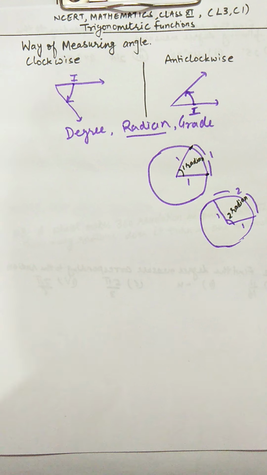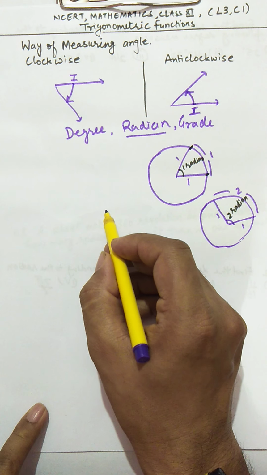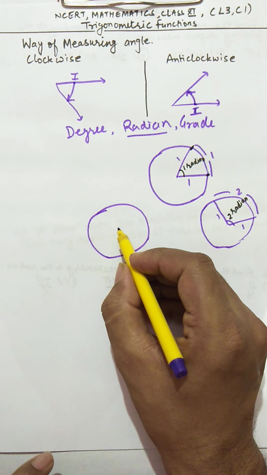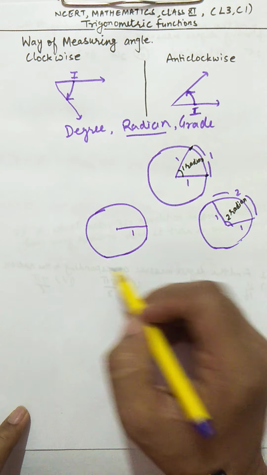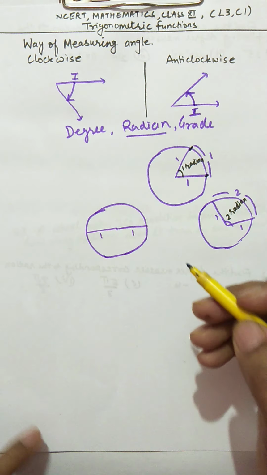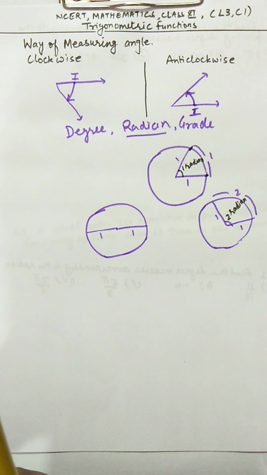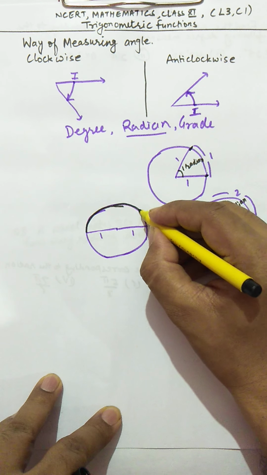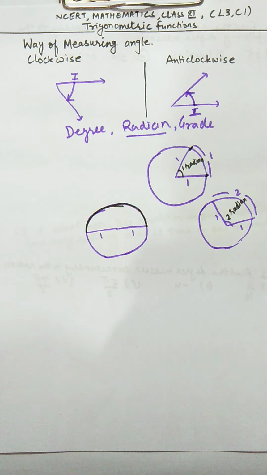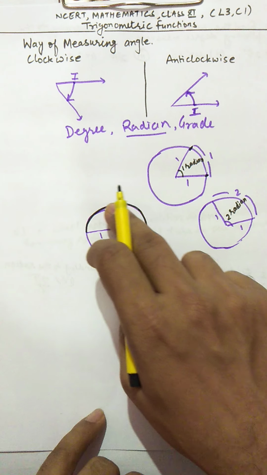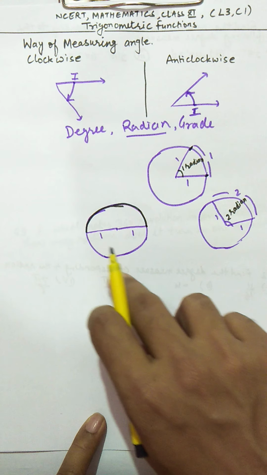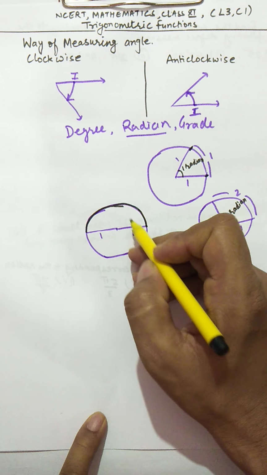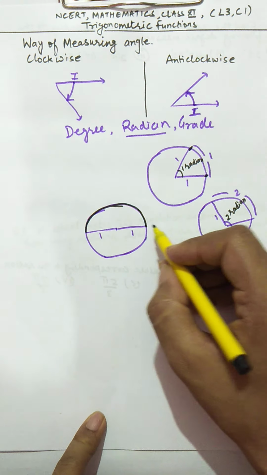Further, if I take another circle, this is again a unit circle, and this is your radius 1, and this is again your radius 1. I am using a different color so that you can at least see some difference. This I am doing with black color. Can you tell me what will be the length of this arc? The complete length, the circumference of the circle, is 2 pi r, but this is half only, so this is going to be pi r.